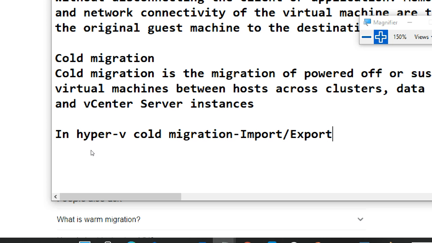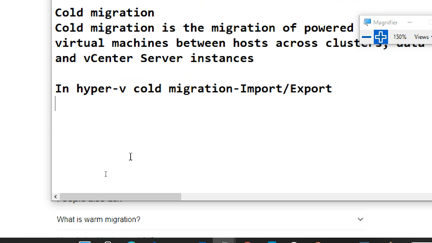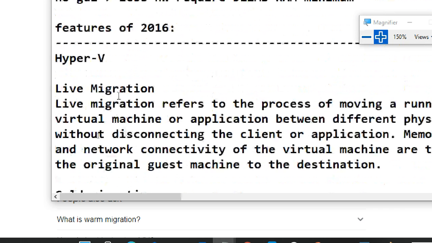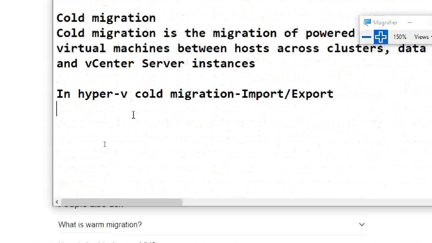At the other place they will import it, and also you can maintain two copies of it. You can run the same machine, and they will run the same machine also. But before that, you have to do a few things. But this is the live migration, and cold migration is also there.